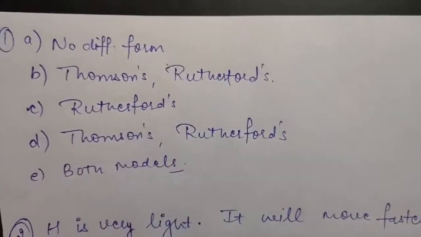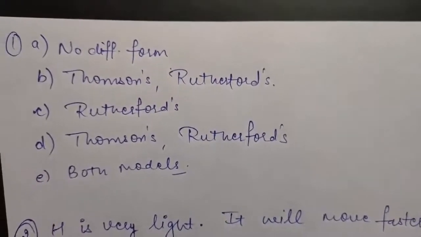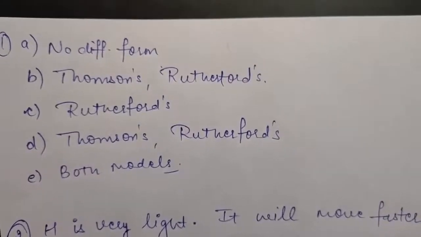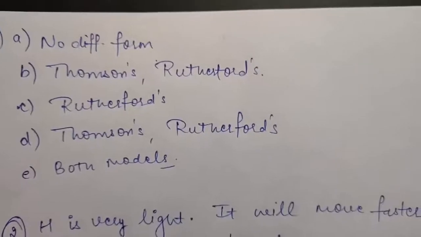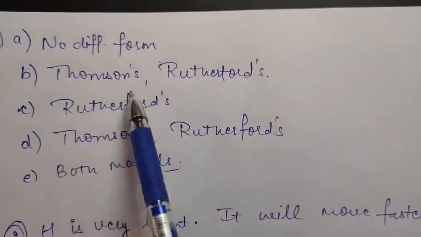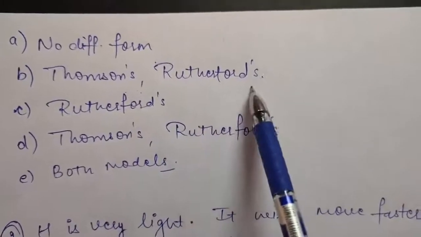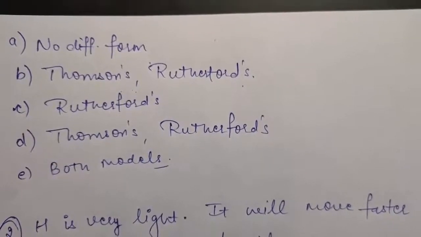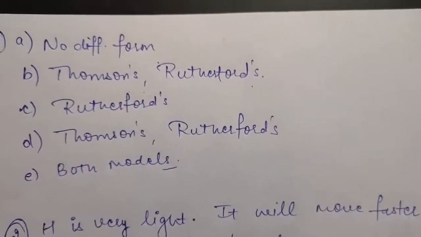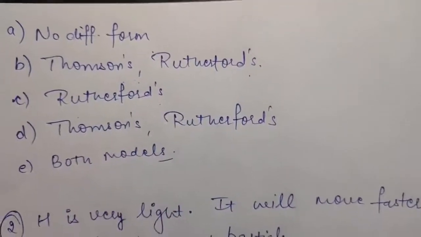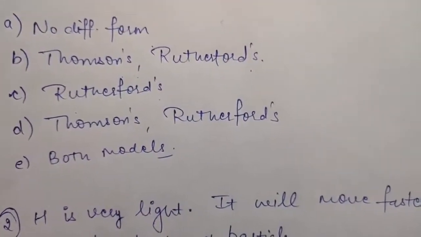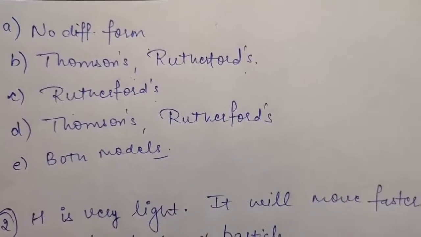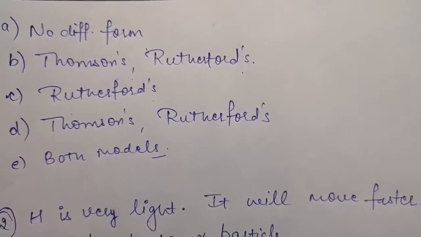Okay, B part says, in the ground state of dash, electrons are in stable equilibrium, while in dash electrons always experience a net force. So electrons are stable only according to Thomson's model, whereas there was a force according to Rutherford's model. In C part, it is said a classical atom based on dash is doomed to collapse. As I told you in today's lecture, according to Rutherford, the atom should collapse, but it does not happen in reality. D part says an atom has a nearly continuous mass distribution in dash, but has a slightly non-uniform mass distribution in dash.